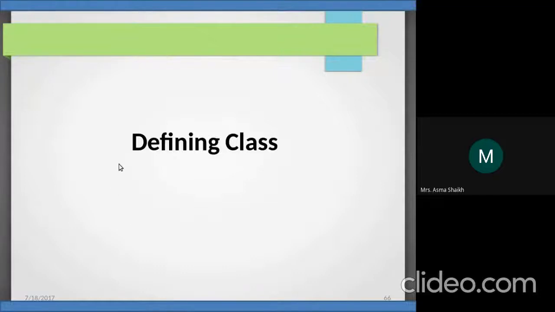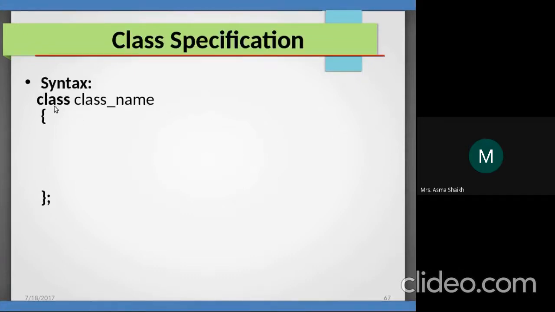To define a class. So class means what? I told you the class identifies a particular generalized entity, and we can make them specific by creating objects. Okay, so how do we create a class?